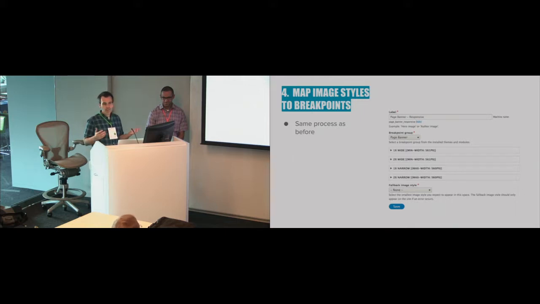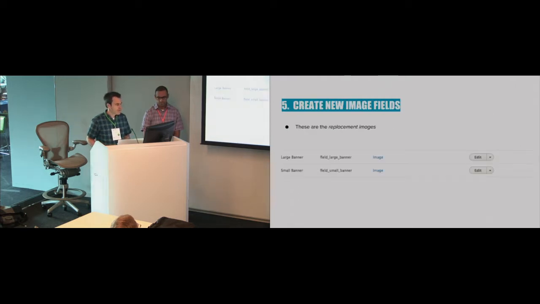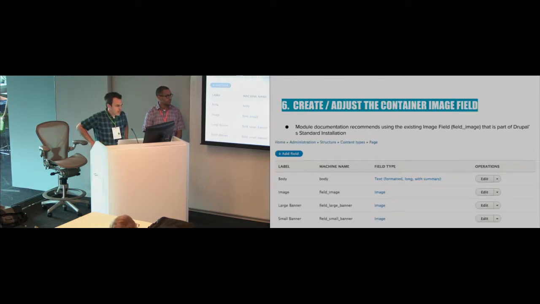And the next step, similar, because it's exactly the same as before. You're going to map the breakpoints that you created to the image styles. So this is the new piece. You're going to create those replacement images. In this case, we're only doing 2 cats because of time. So these are the replacement images that we're going to do. And so after you do that, you're going to